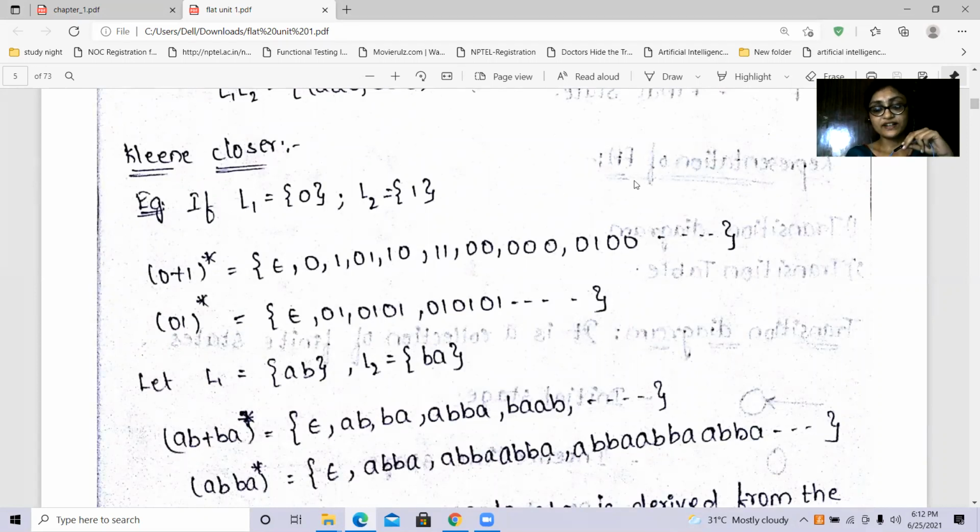I hope you all understand the basics of the FLAT topic, and in the next class I am going to explain other topics in this particular chapter, and please